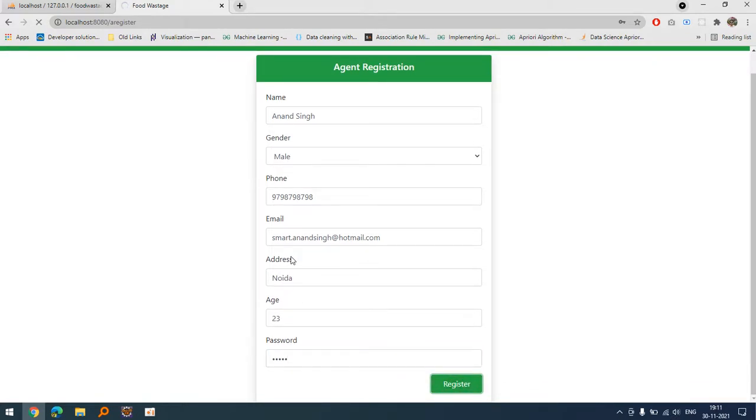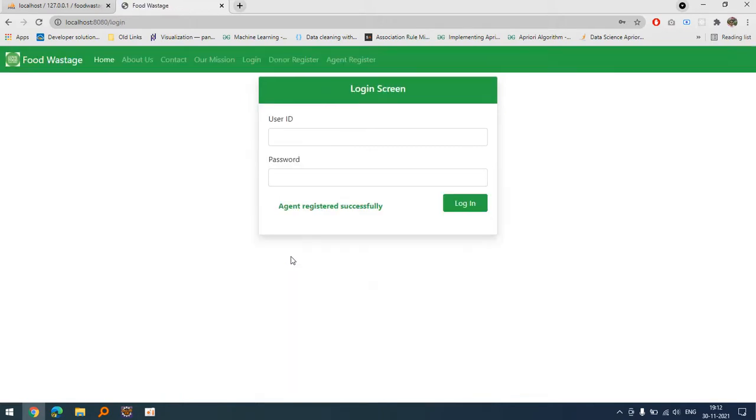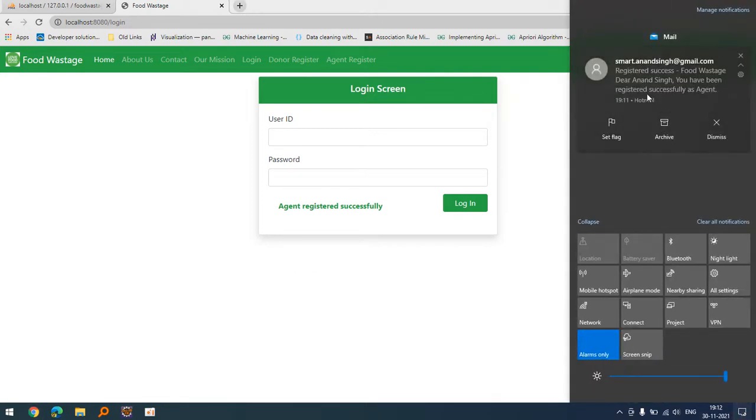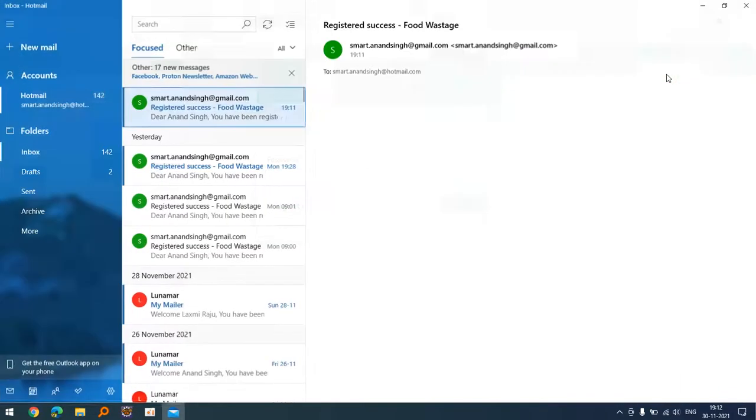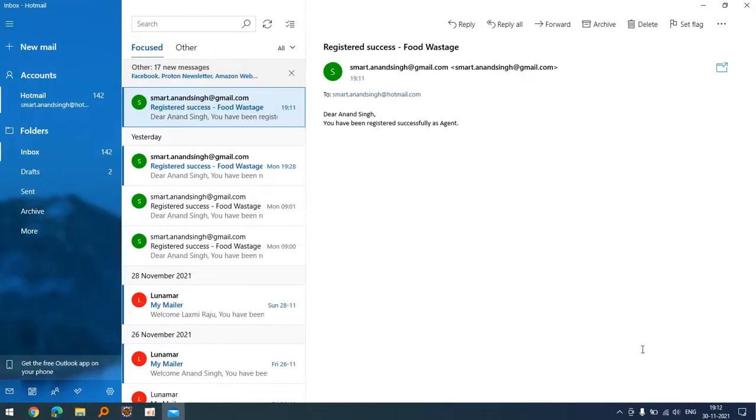Once we register, it will say agent registered successfully. This is not the right way. No issues. But the mail will be sent directly, so I think it should appear. So this is my email id 1911, the current email id.